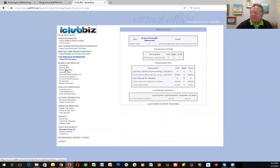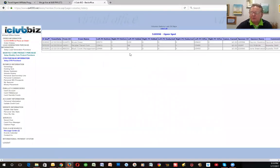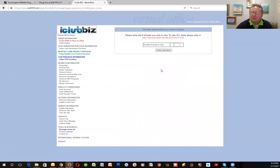Again, the binary summary, this just tells you a summary. Hey, I've got X amount of people in my left leg, X amount in my right, and this is how much volume I've got in my left leg, this much volume I've got in my right. Volume history, again, this gets back to your personal volume that you've actually done and tracks all the volume that you've got in your team. Personal volume,